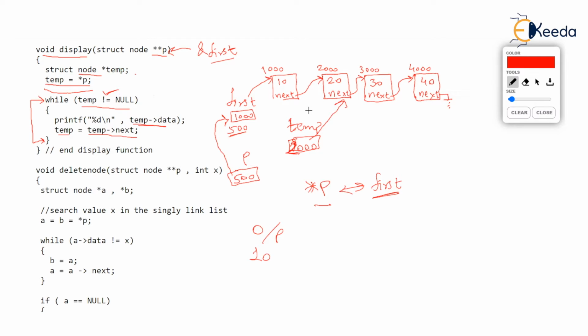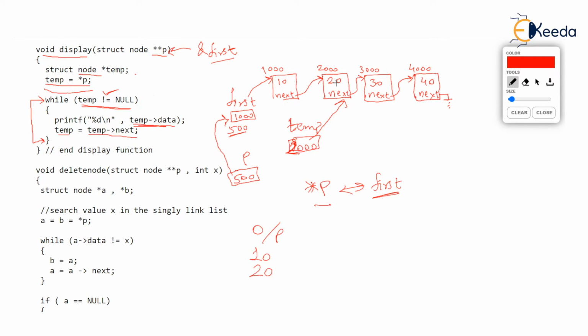So where do you go after the two lines? You go back to while and recheck the condition. The condition is, is temp still not null? Very true, temp is not null, temp is pointing to the second node. So true condition. So we again enter the while and print the data, temp arrow data. This time temp arrow data, observe, is 20. Temp is pointing to the node which is storing 20. So the second output is going to be 20.